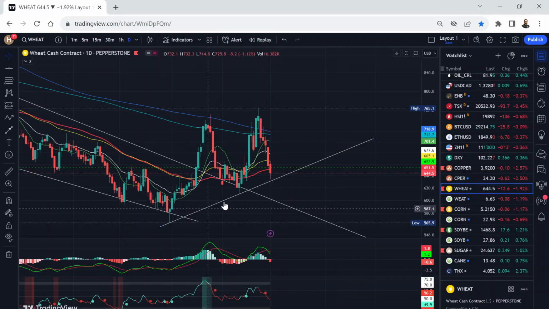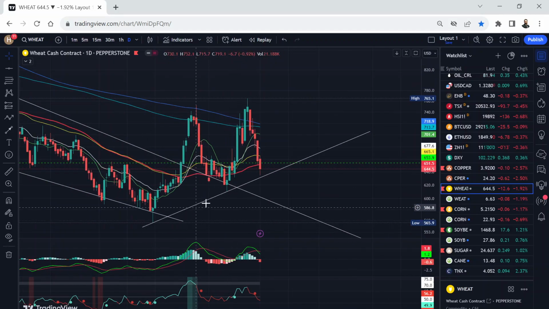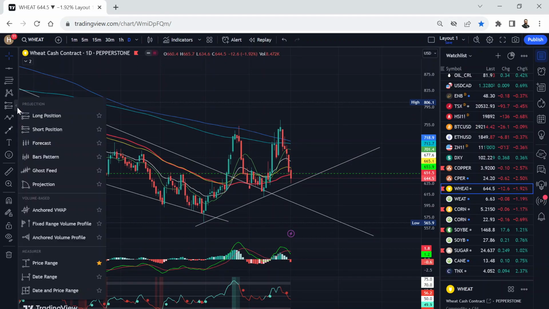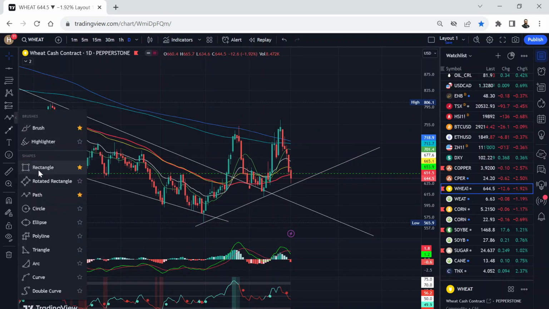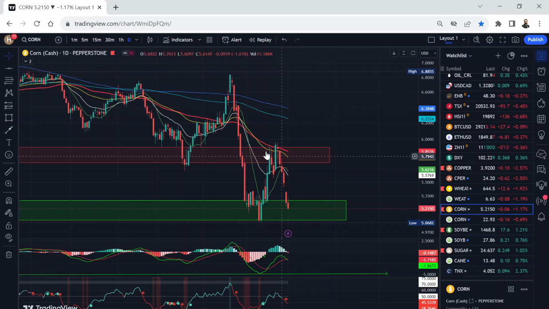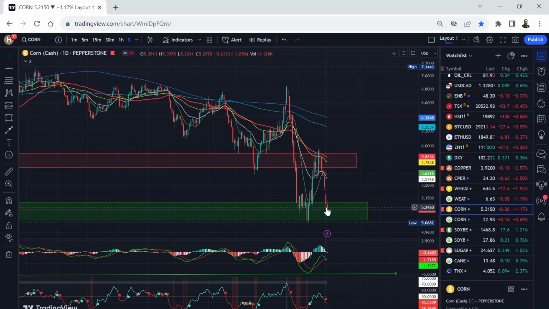Wheat, there's a trend line I drew here. So it's below this 50 daily SMA, but it's right on this support trend line and also this massive support here. If I draw a box here like this, you can see this is where wheat has a lot of confluence here, so it's right on support here. Corn rejected from resistance here, now going lower but back on the support, so you've got to buy on support,